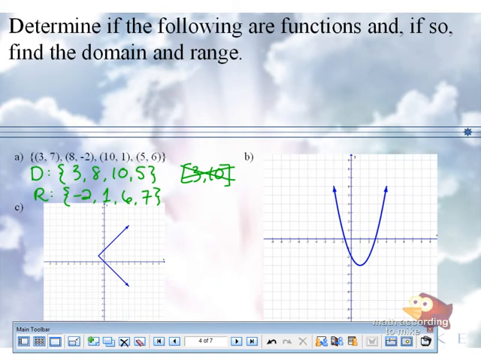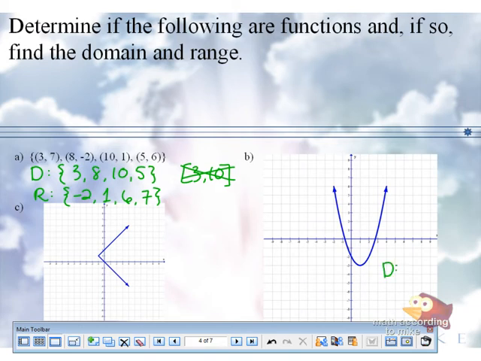B. Looking at the graph, if you were to pick any x value, does it only lead to one y value? Yeah. So this would be a function. Now there is a formal way of determining if a graph is that of a function, which we'll write down after we do the examples. But looking at the graph,